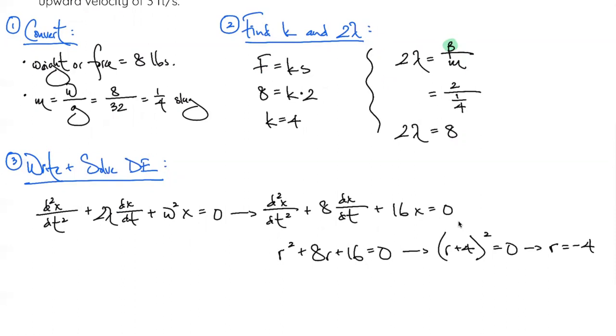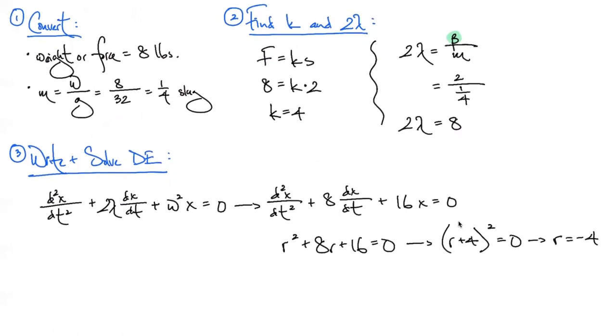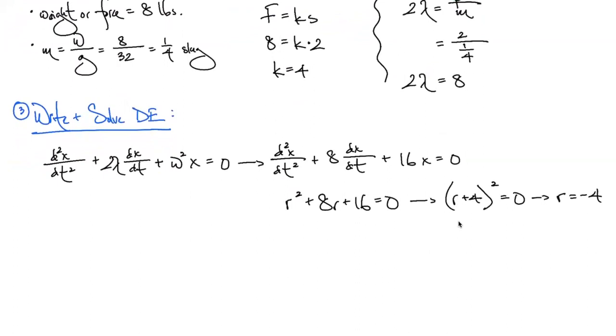-4 is a real number, and there's 2 of them, so it happens twice. And so what we're able to do with that is say, based off of what we know of our real repeated roots, what is a general solution? And we know from the previous chapter that we have x of t equals, and if they're repeated, they look so similar,